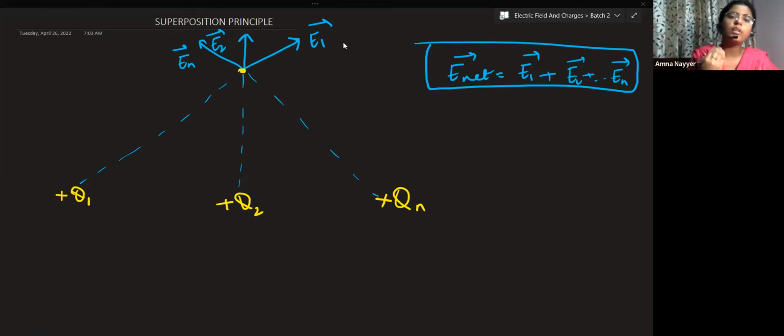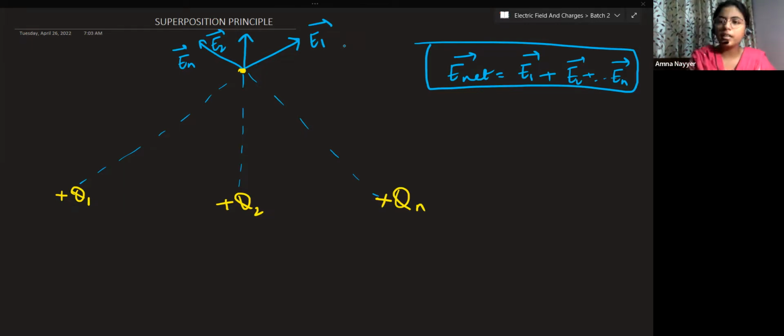If instead of electric fields, the charges had produced electric forces, there would be various electric forces in different directions. A resultant electric field is given through this relation: you have to take the individual electric fields and add them vectorially. You cannot add them algebraically the way you add electric charge. If there is 1 coulomb and 2 coulomb and I ask what the net charge is, you will simply add them